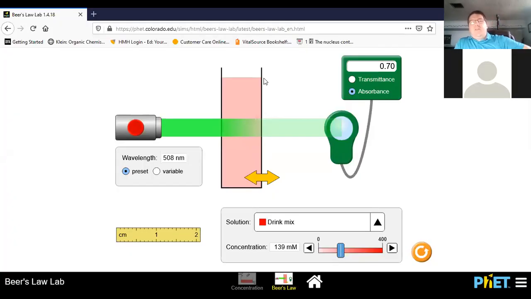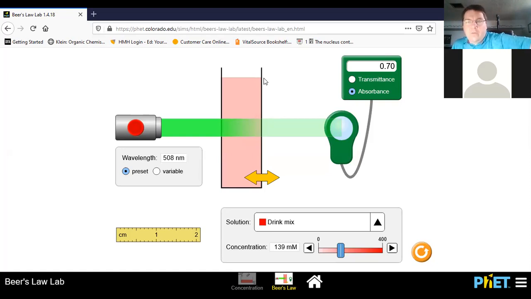All right, so now that we've looked at the simulation a little bit, I want you to go down to the next section on your notebook page, investigating absorption and concentration. And I want you to make a prediction. So this is just from what you've already observed and maybe what your notion of concentration of solutions is and the amount of light that it's going to absorb. Make a prediction, a graphical prediction